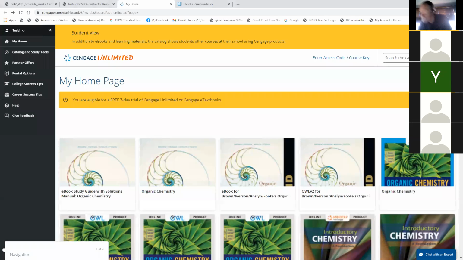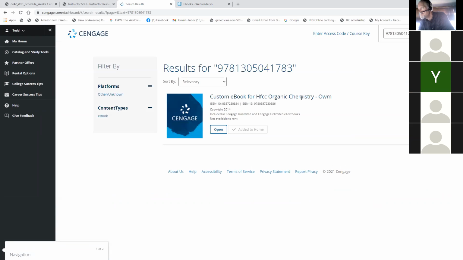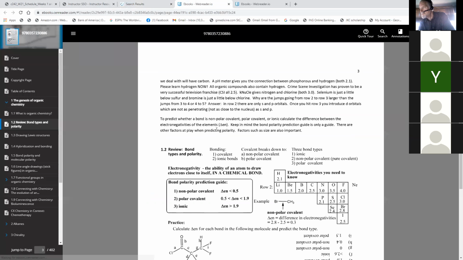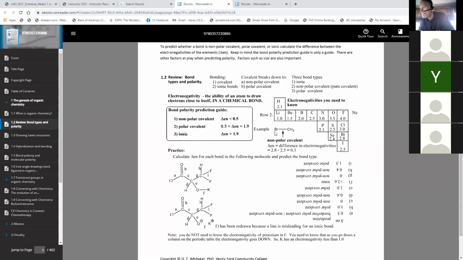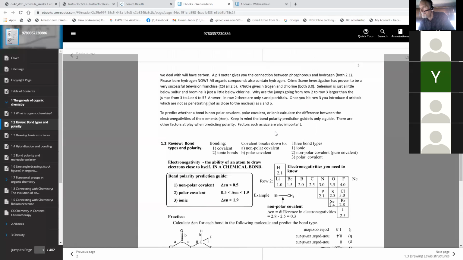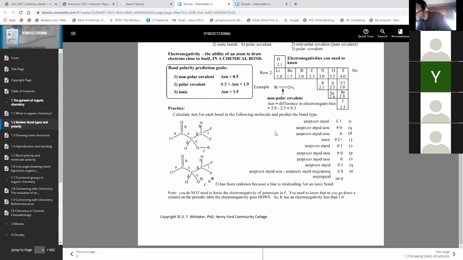I have a question. The student who just spoke: the code that came with the textbook you bought last semester should work for the semester 2 textbook, but it didn't. I should talk to the bookstore to get that resolved. What I heard from the bookstore was it was supposed to be a 24-month access, and they were confused when I said it was 4 months. That is confusing, thank you. I'll send them an email. Yeah, please. Thanks. I'll send an email from my end too.